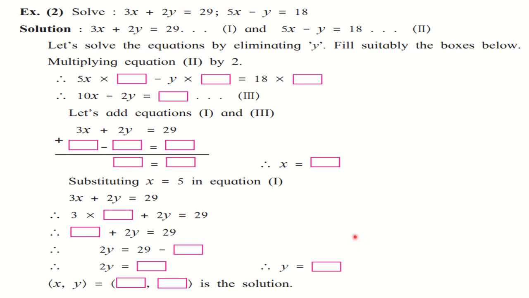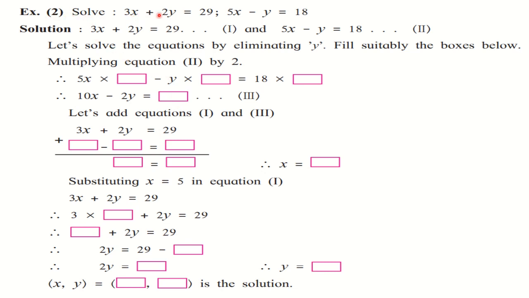Sometimes more boxes can be there because things are repeated. Like here, see, these things are repeated here. So for repetition the marks are not there. That is why sometimes more boxes may be present there. So depending on the question, they are giving the boxes. Okay. So now let us solve this.